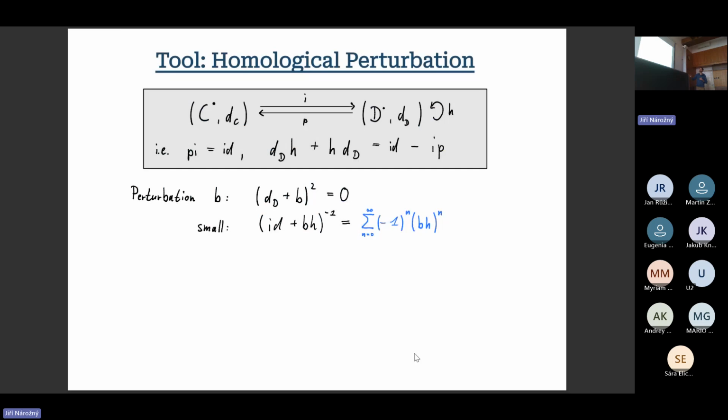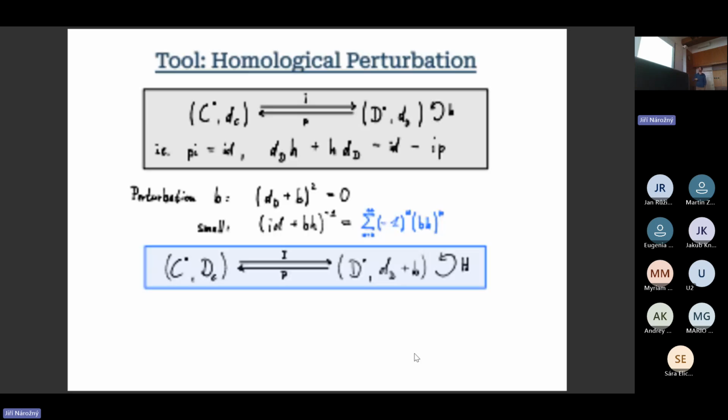Don't be afraid of the infinity here. What you can show is that if you apply this on elements, for every element, this is just a finite sum. So no analysis needed. Okay, the homological perturbation lemma says now if we start with a deformation retract like that, and we have a